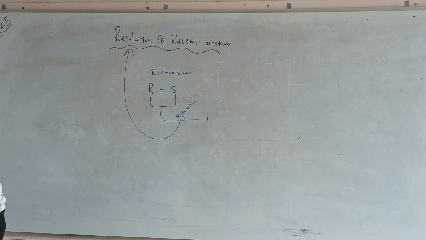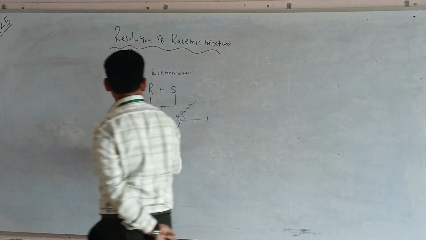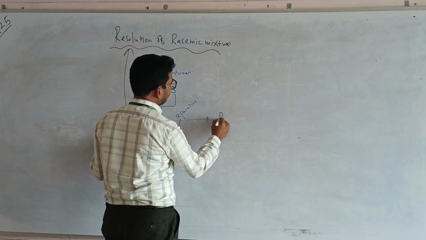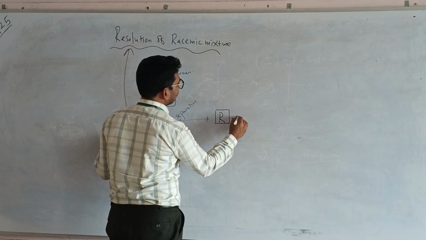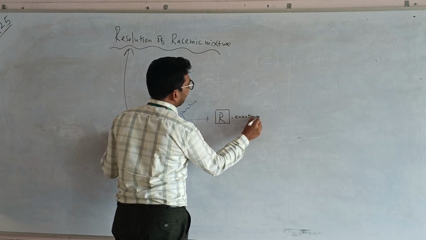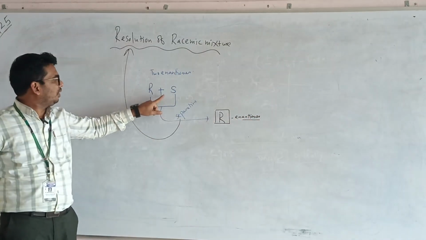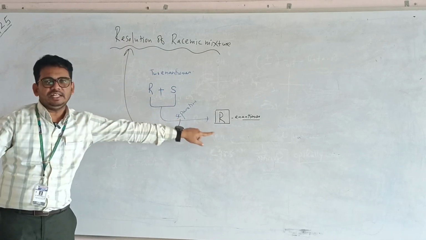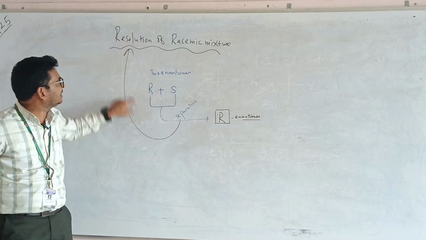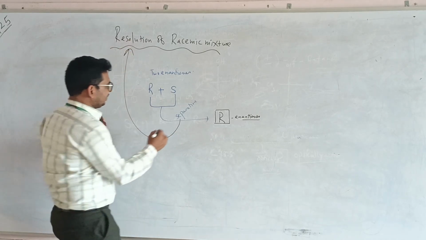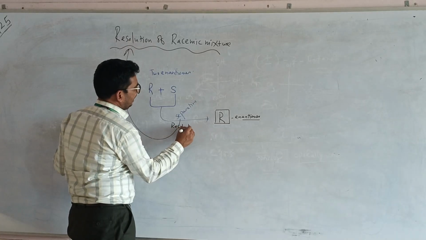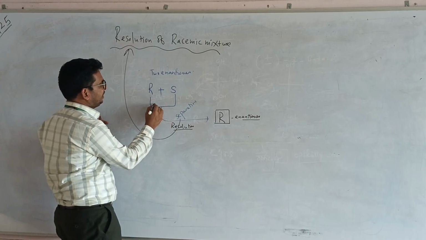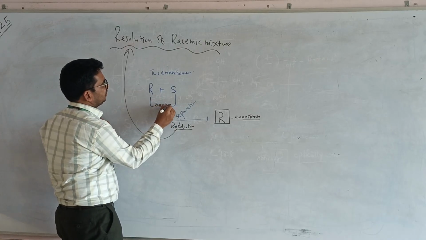Okay. Now write down a little bit regarding this in 2 lines. If you want, you can write it in short form here. What are we separating? Only one enantiomer. For example, I am separating the R enantiomer. But in the racemic mixture, both enantiomers are present, R and S. But I am separating only one enantiomer. This process is called resolution. Resolution of the racemic mixture, because R plus S means the racemic mixture.